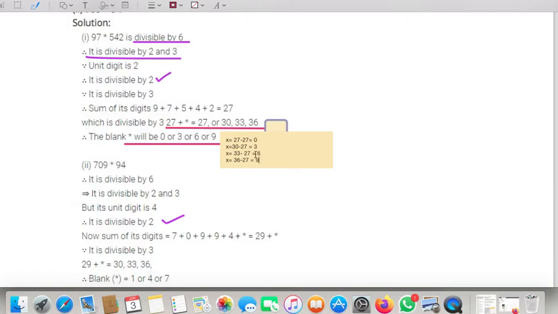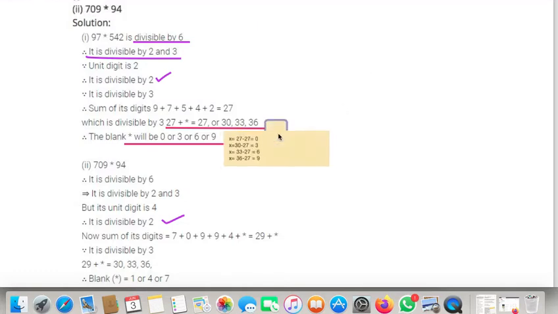Now after this, if I subtract, my dear students, look what you get. The next multiple, 39, is also there, but why am I not taking it? Because the value of x would then be more than 9, which is 10 or anything else, a 2-digit number. So that is what needs to be understood very clearly by all of you. This part should be very clear to you all. Hope you have all understood.